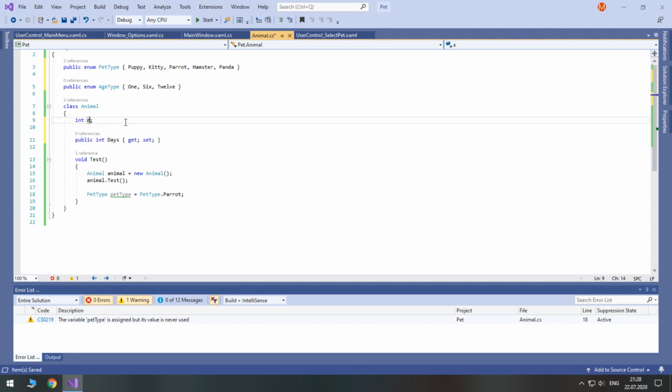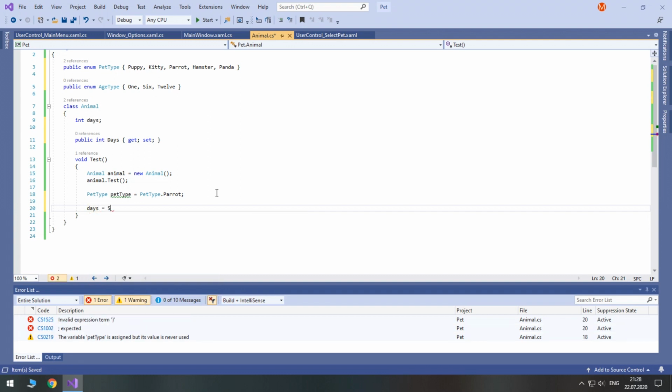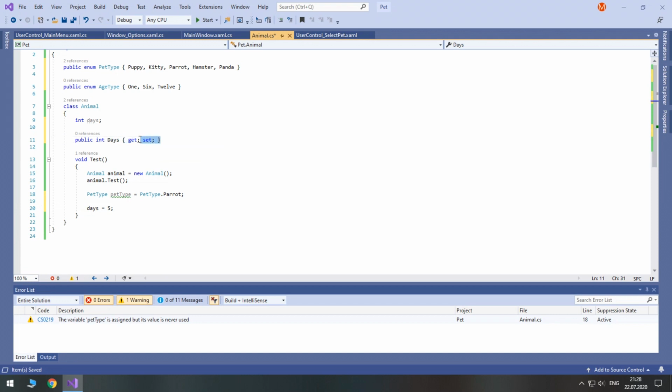Let me show you. So days. When we want to modify days, we just assign value to them directly and it changes, and that's all. But what about properties? Unlike variables, they have a getter and setter. If you look inside it, it works like this.